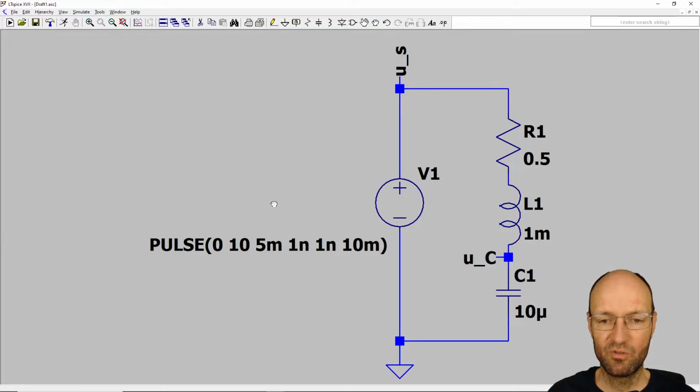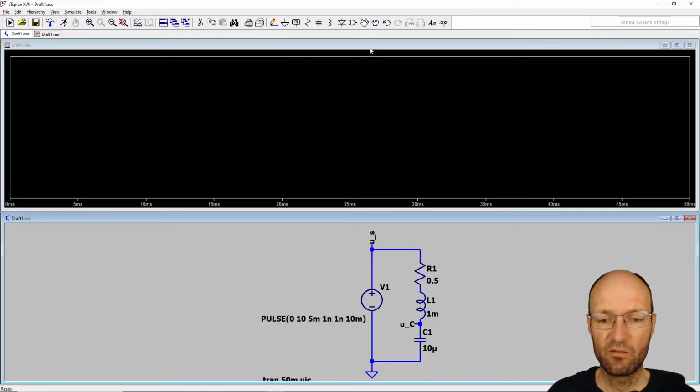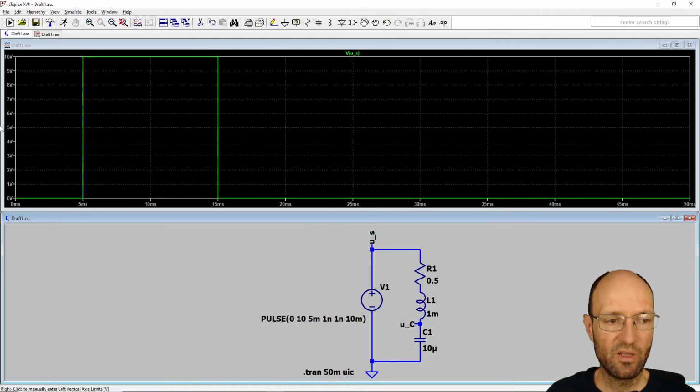So this is our pulse description of the source. I will move this to this side a bit, so that it's better readable. We can start the simulation, and I will simulate maybe something like 50 milliseconds, and also skip the initial operating point solution, so that at the beginning there will be no current through the inductor, and there should be no voltage drop across the capacitor and so on. Okay, and then we can check the input voltage,